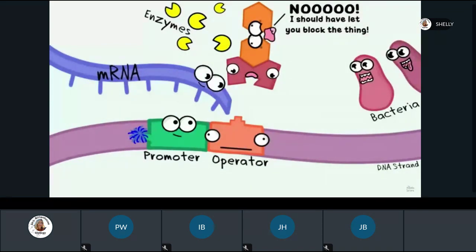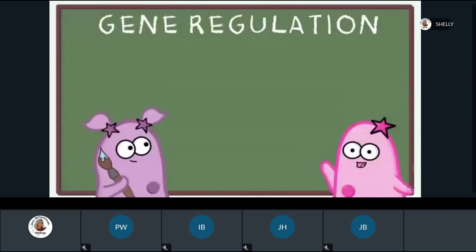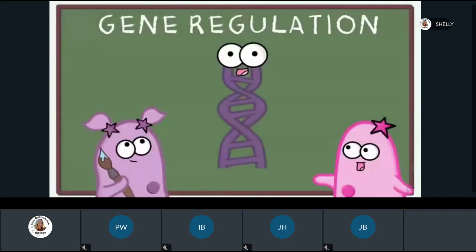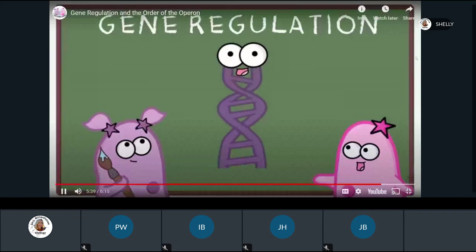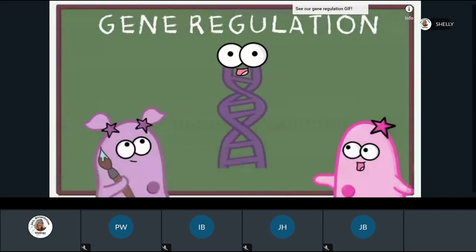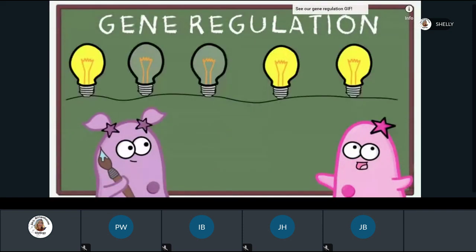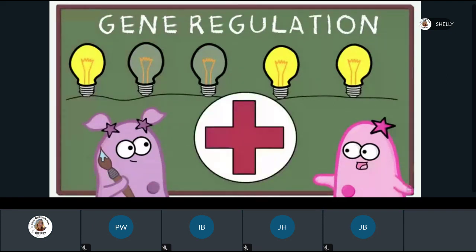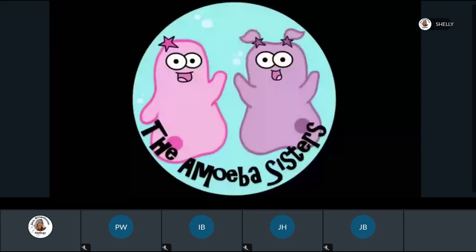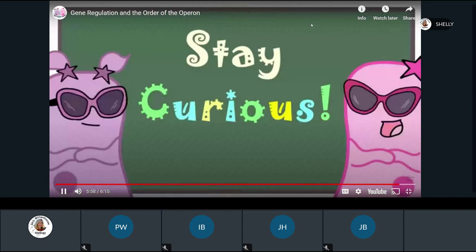We have to say that we think it's pretty impressive to think about all the gene regulation that occurs in cells. And if you find it fascinating, know that there are careers that focus on gene regulation and understanding how genes can be turned on and turned off. Because by doing that, we can gain a better understanding of a variety of diseases that have gene influences in the human body. Well, that's it for the Amoeba Sisters, and we remind you to stay curious.